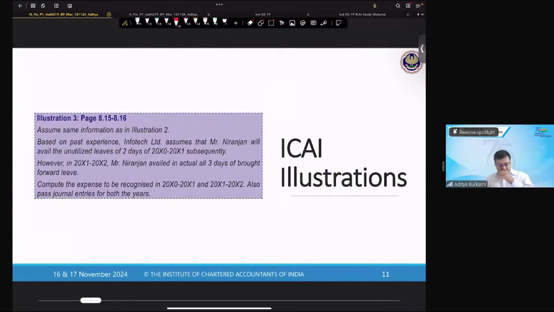All right. Now this part gets interesting. Based on past experience, Infotech assumes that Mr. Niranjan will avail the unutilized leaves of 2 days of year 1 subsequently. However, in year 2, Niranjan actually availed all the 3 days of brought forward leave. Compute the expense to be recognized in year 1 and year 2 and also pass the journal entries for both the years. Okay. So in this case,